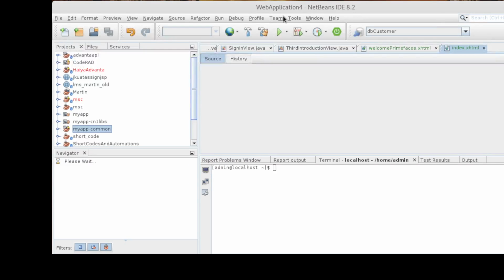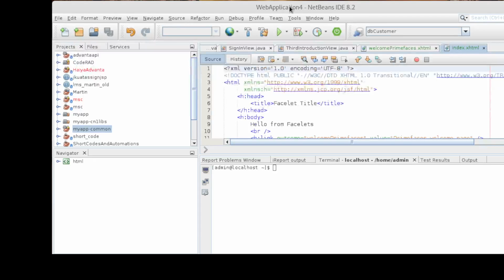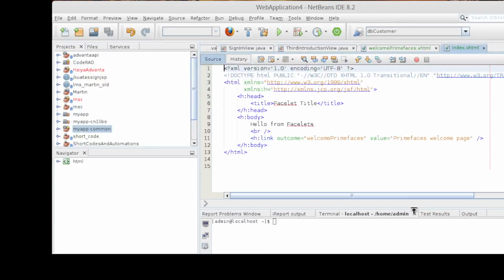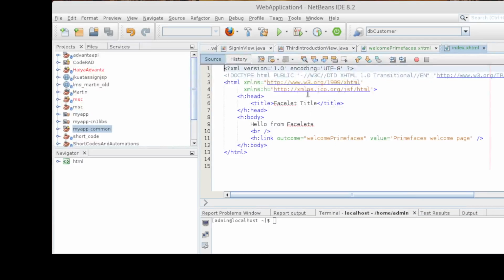You can see the top main bar there. You can see the web application 4, which is the name that we just selected. This is the default page, which is index.html. Later on we'll be changing this page to be our login page.